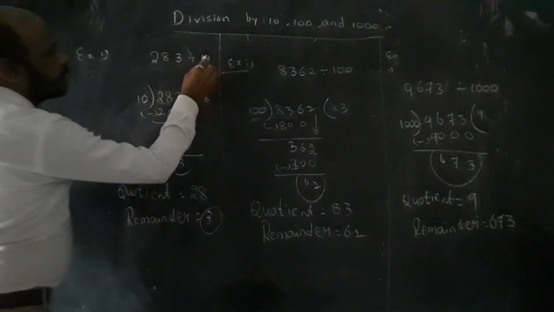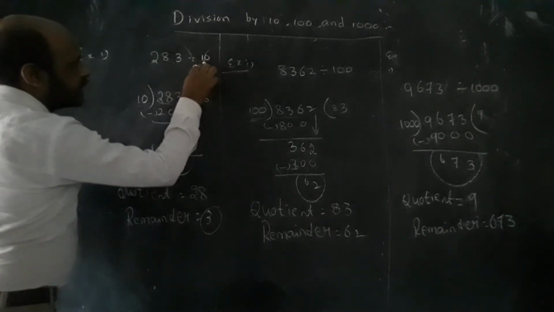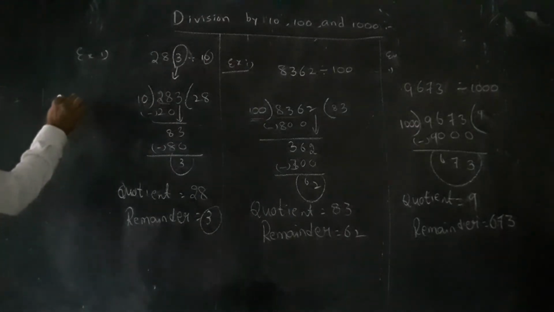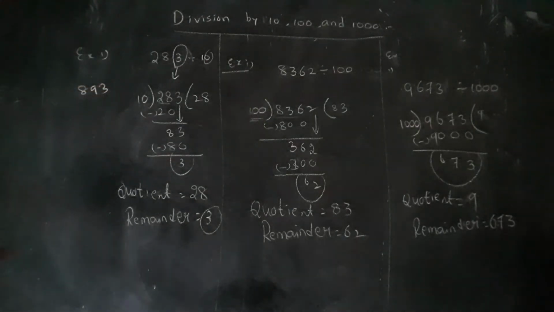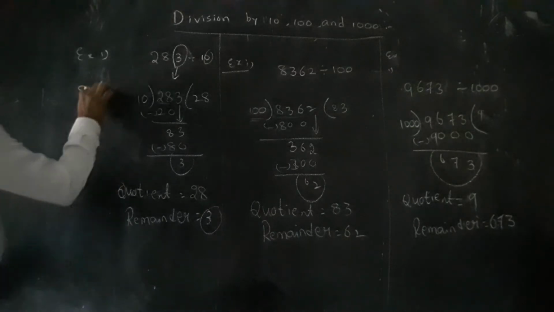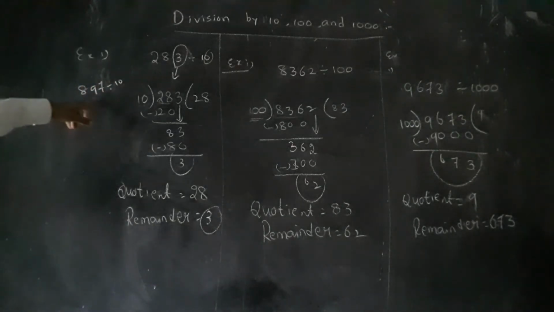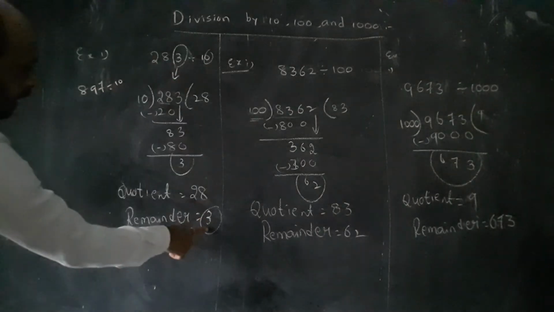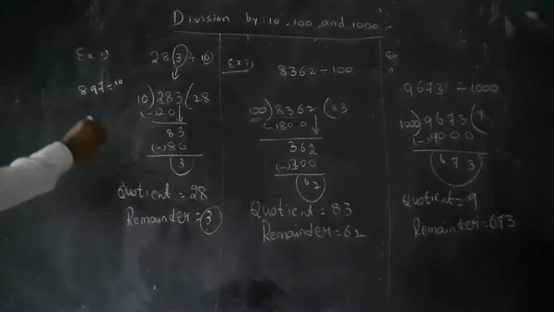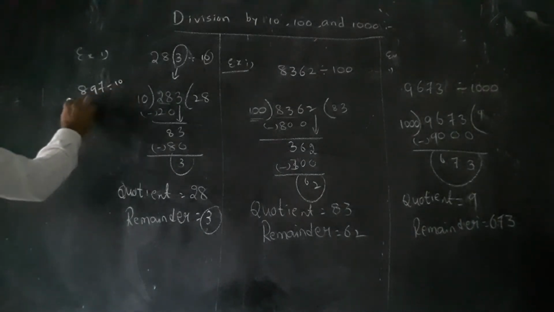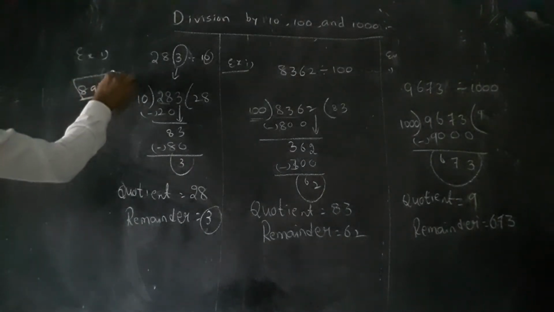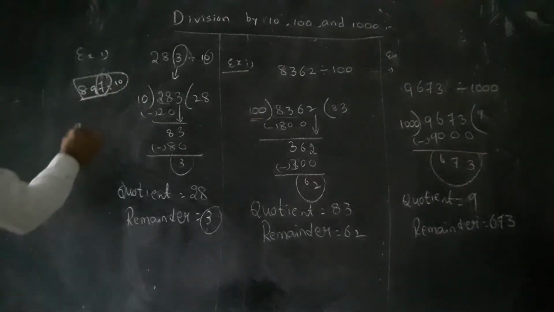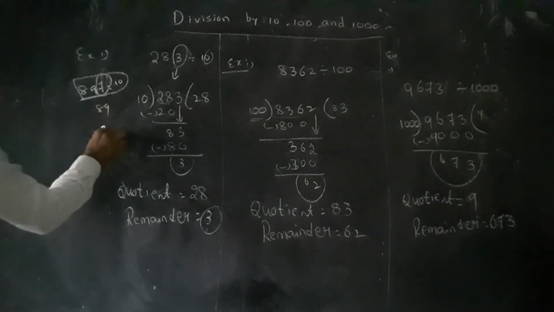See, compared to 10, if we are removing 0, then we have to take our leftover directly as a number. For example, 897 is divided by 10 means 897. See here, 283, the remainder is the last digit we got. In the same way, in the division by 10, in 897 also, we have to take the last digit as the remainder of the given number. That means here 89 is the coefficient, the remainder is 7.